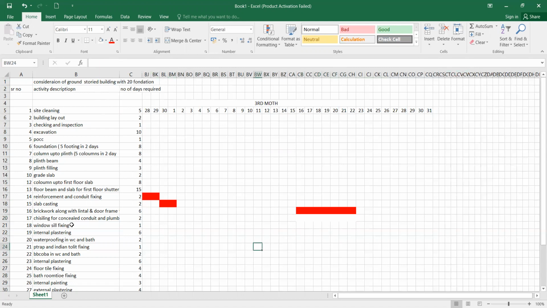Then afterwards, I had a chiseling for conduits and everything. That will take another 2 days. So another 2 days I taken it.